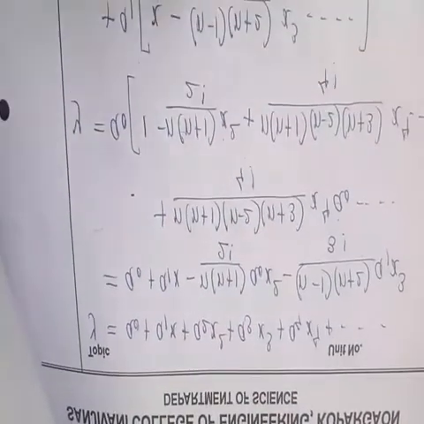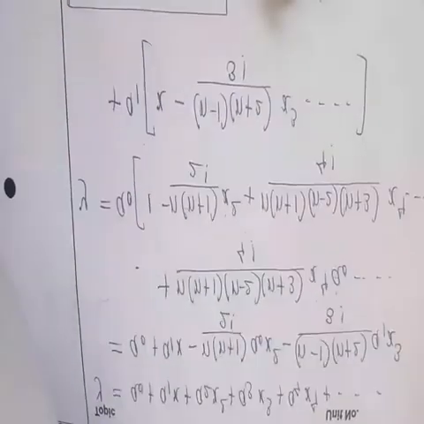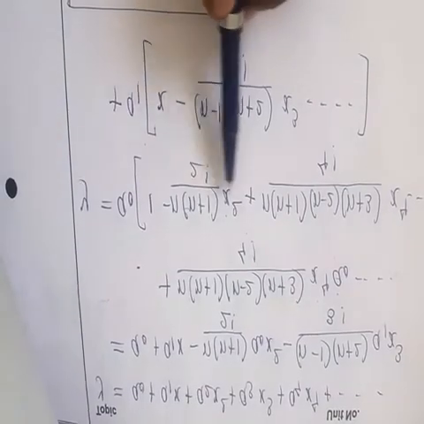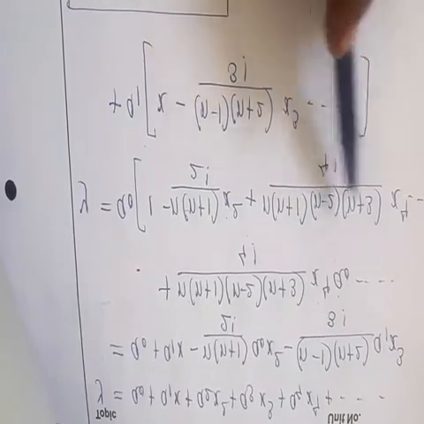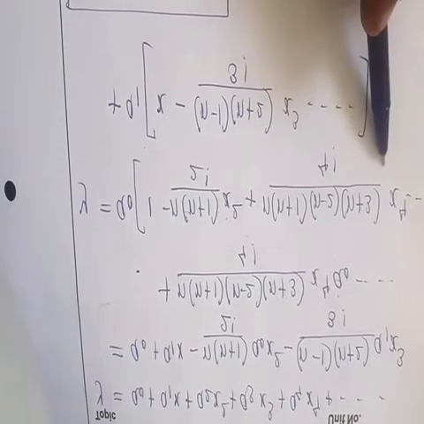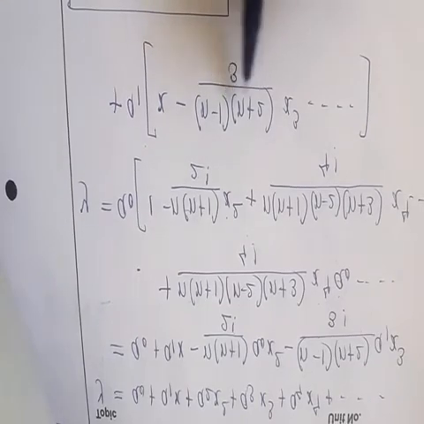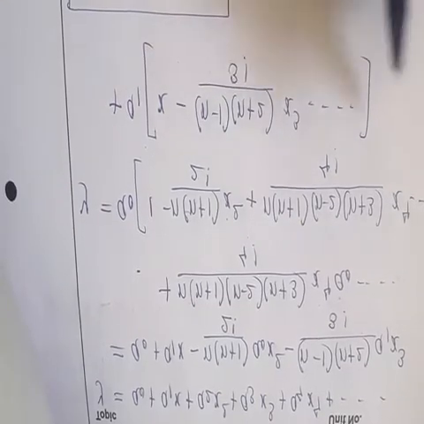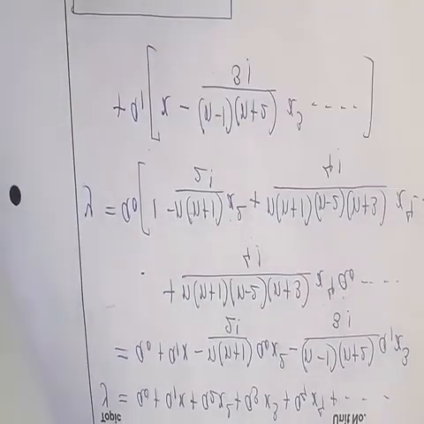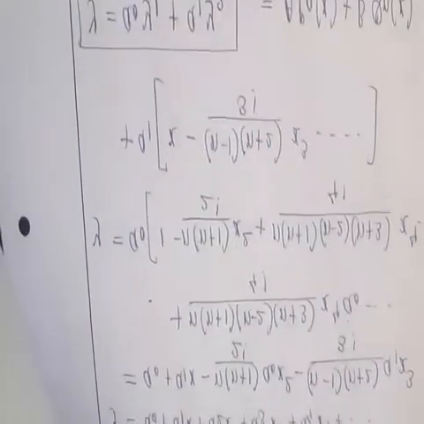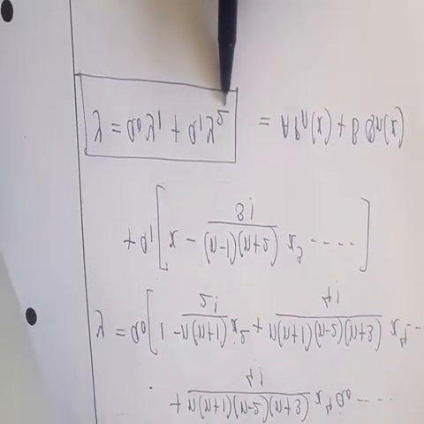So y can be written as, taking a0 common we get one bracket and a1 common we get another bracket. So a0 times 1 minus n(n+1)/2 factorial x square plus n(n+1)(n-2)(n+3)/4 factorial x to the power 4 and so on, plus a1 times x minus (n-1)(n+2)/3 factorial x cube and so on. So we got these two brackets. The first bracket we denote by y1 and the second bracket by y2. So we obtained the final solution y is equal to a0 y1 plus a1 y2.